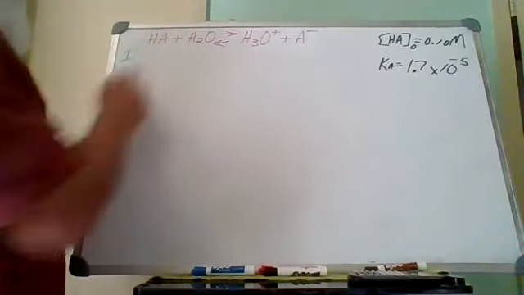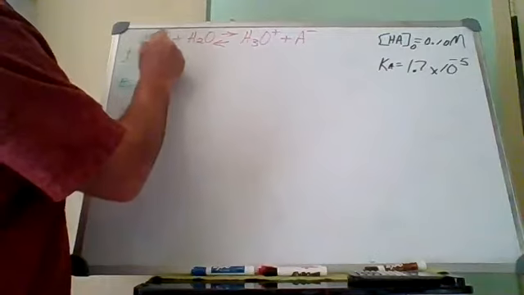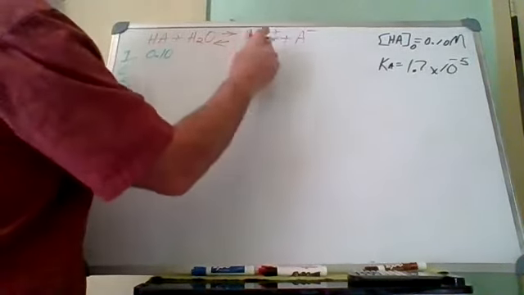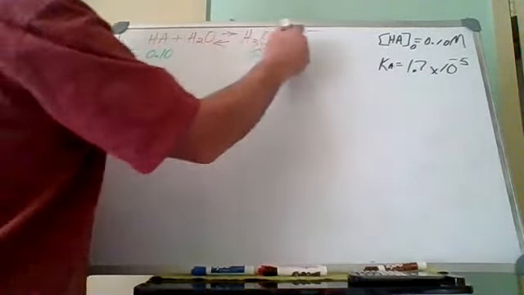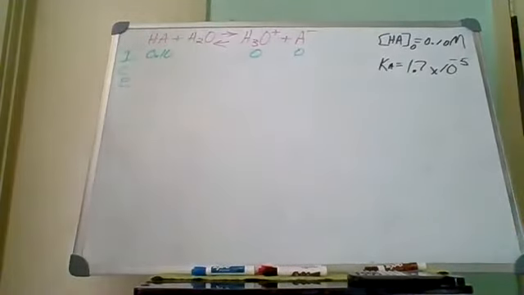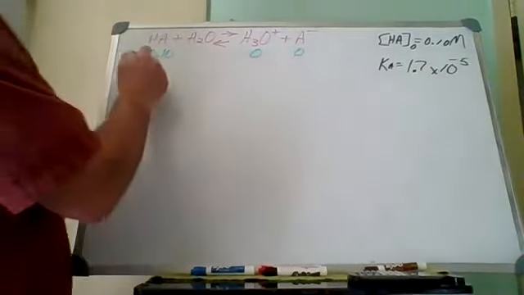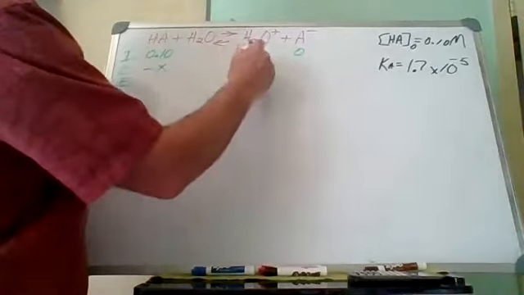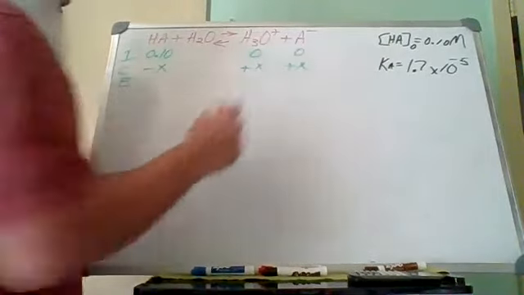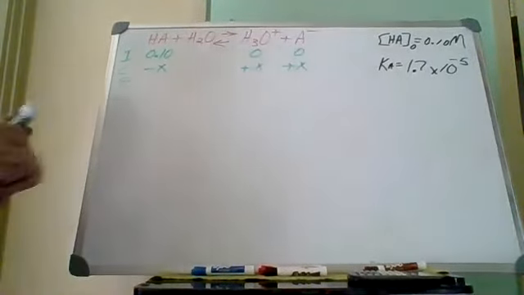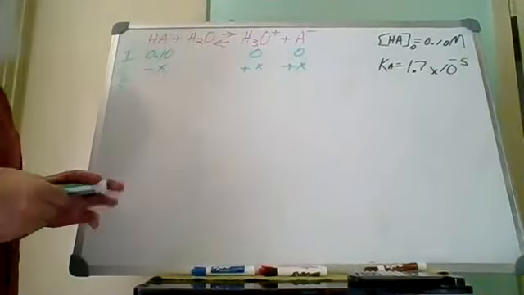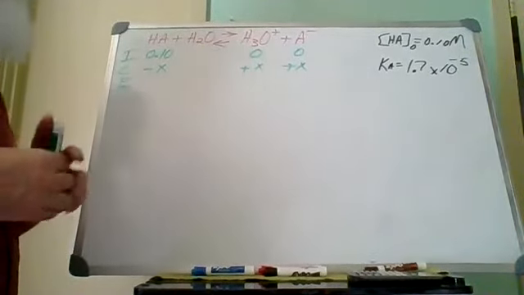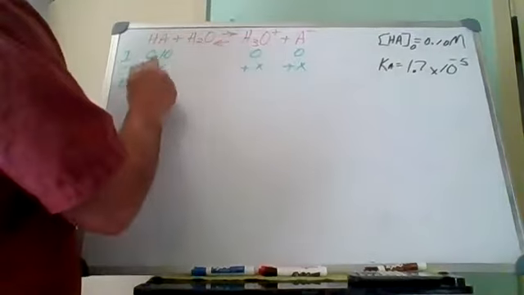All right, so this starts out as 0.10, 0 and 0. Okay, so the change here is going to be minus X, this is going to be plus X, this is going to be plus X. For a lot of these problems, the ice table is going to be almost the exact same in every problem. At equilibrium, this is going to be,